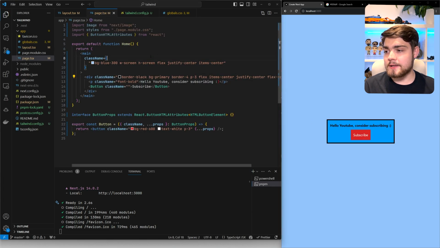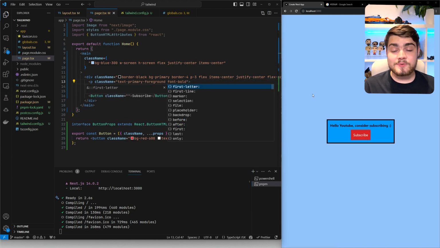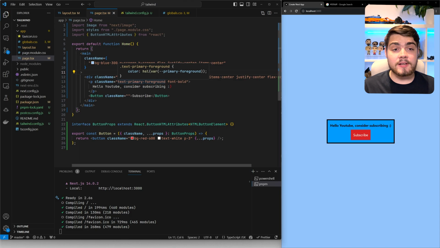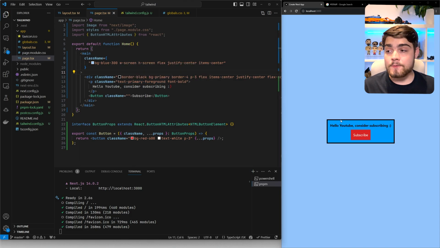So we go back to our page.tsx. What you'll see is at the moment, I've got nothing on this. So we just define this as text-primary-foreground. Now, I don't think this is going to change much because that was already black. But essentially now, if we went and changed the background color to something else, we would just be able to change the text primary color to, again, something that would stand out on top of that. And this would all change nicely for us,